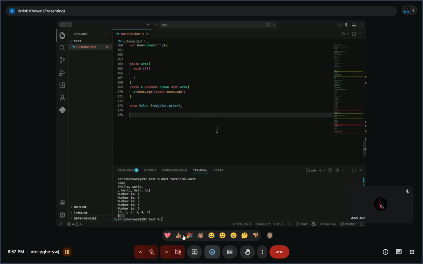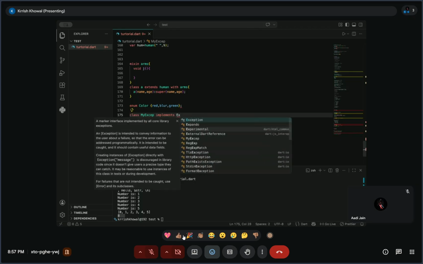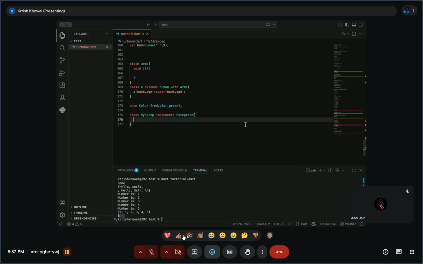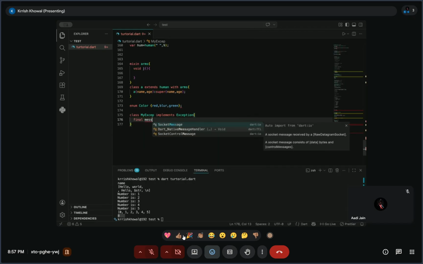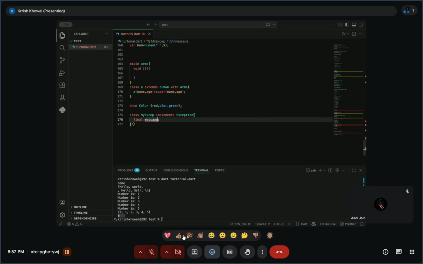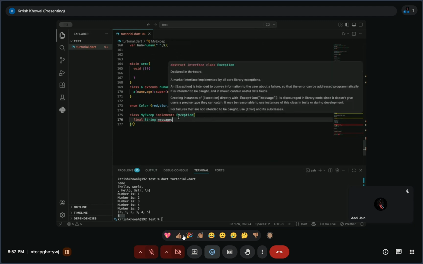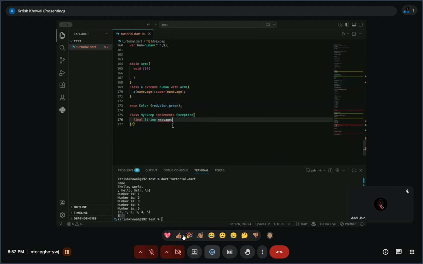Then the last thing for classes is exceptions. If you want to create your own exceptions, let's say MyException, and then I can use implements, and then the parent class is Exception. I can create my own exceptions here. Let's say a message and anything. I can use a message here, and I can use the functionality however I like, and provide the particular exception I want to use. And in the class that we are using, we can use an override,